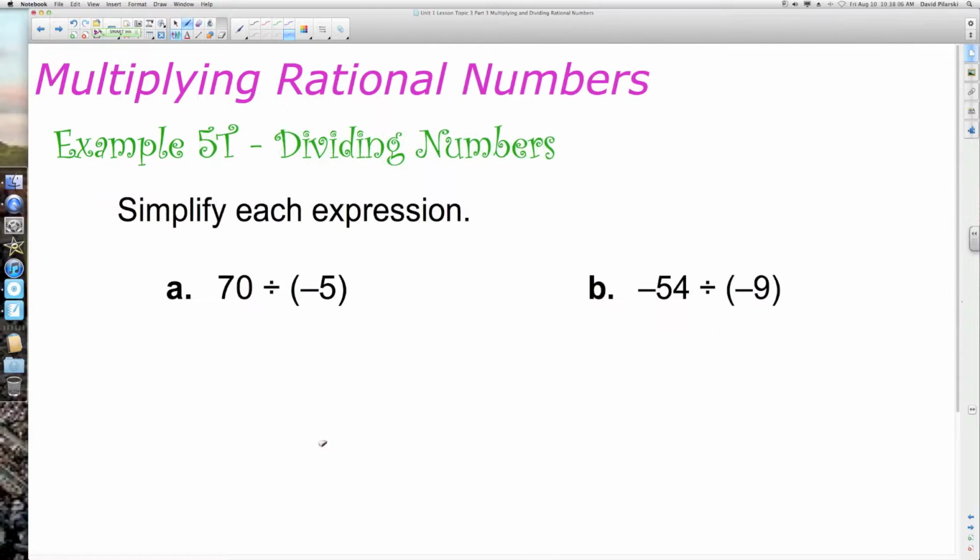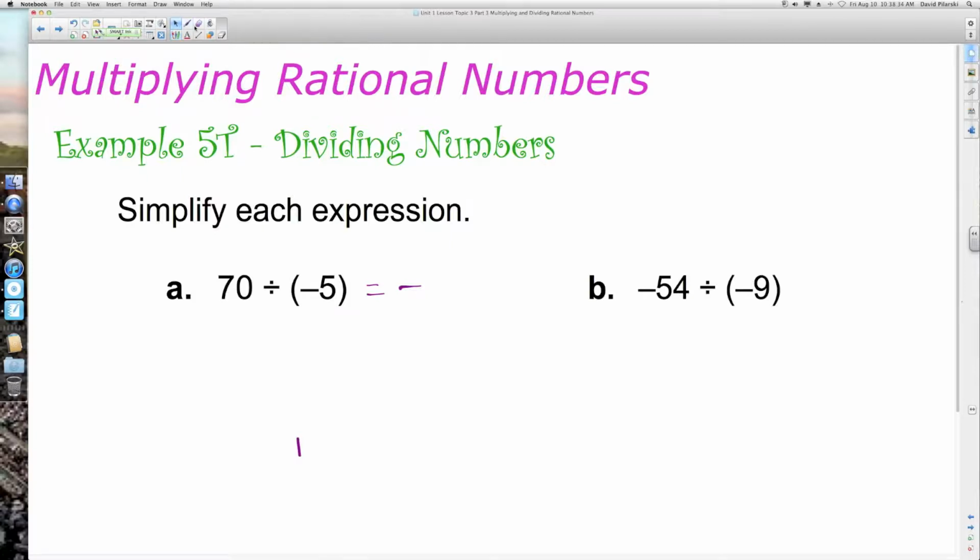Example 5, dividing real numbers. We're told to simplify each expression. Each of these expressions really boils down to a very simple division problem, but what we need to concern ourselves with is the sign of the answer. In part A, we have 70 divided by negative 5. Concerning ourselves with that sign, a positive divided by a negative is always a negative,